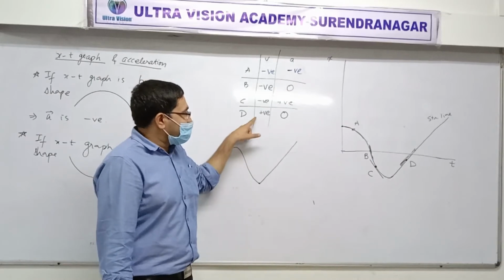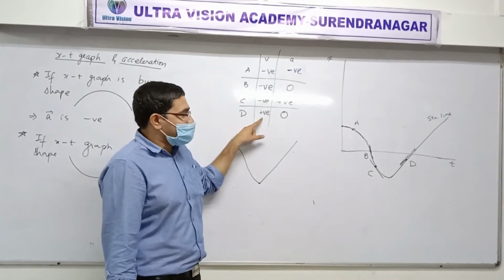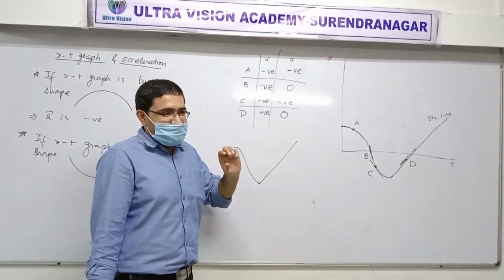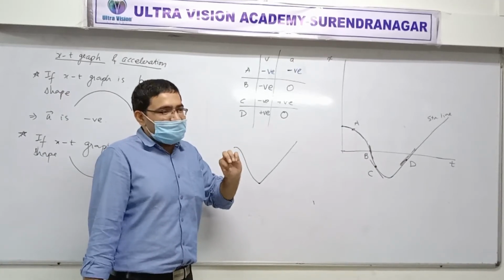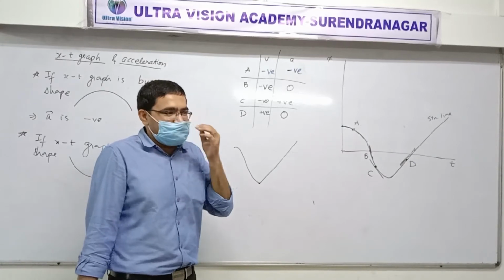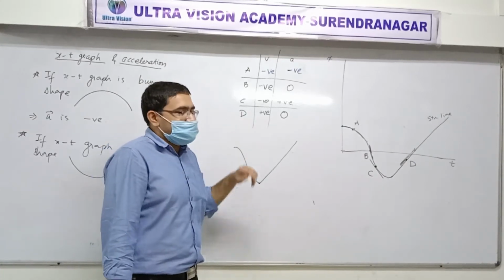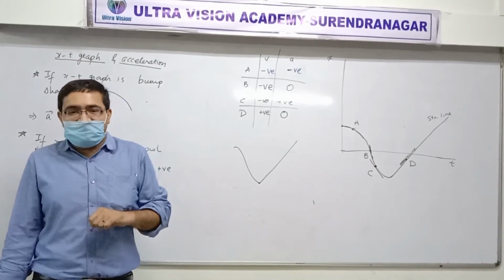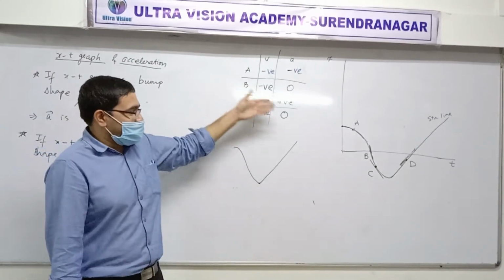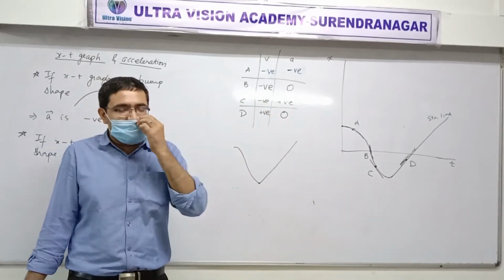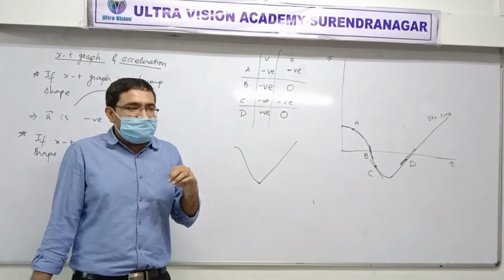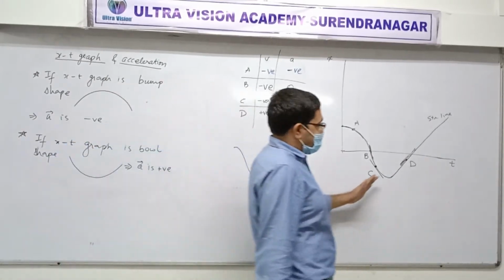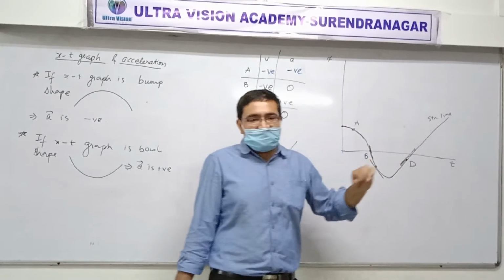Dia, can you also counteract what she said? She is saying at D speed will increase, and you said it's not. Now you have to decide. Come on, I'm asking you. Does speed increase at D? There might be more than one answer, right? If I told you at which point speed will increase, then why are you saying that at D speed will increase? Because the tangent is going up, positive, sir.